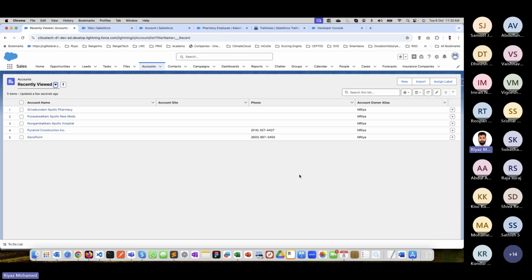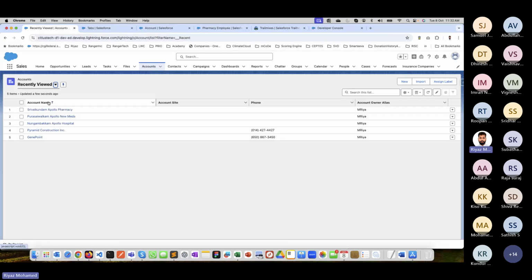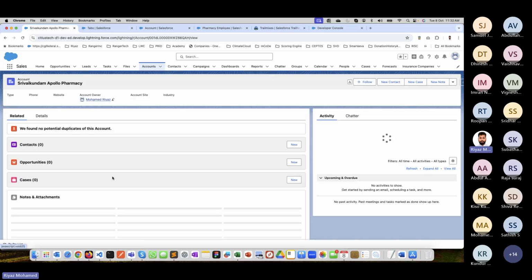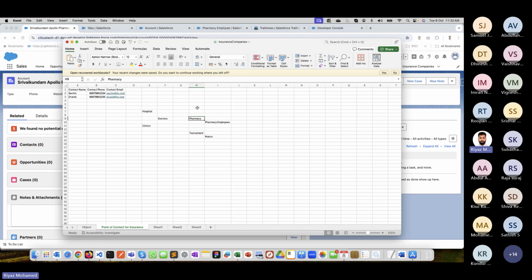Let's talk about it. So I have a pharmacy, Sri Vaikuntham Apollo Pharmacy. Let's assume that I have district information stored in an object. In that case, if I have the pharmacy, I can store district, and I can store this district as a lookup in pharmacy. So that way, these two objects can be related, and via looking at the district,